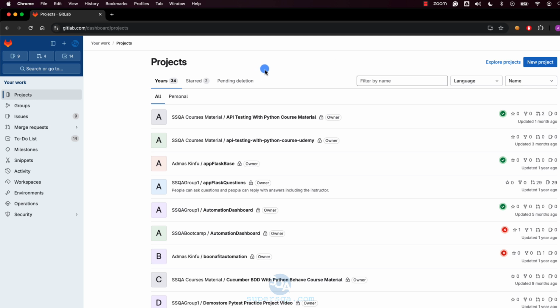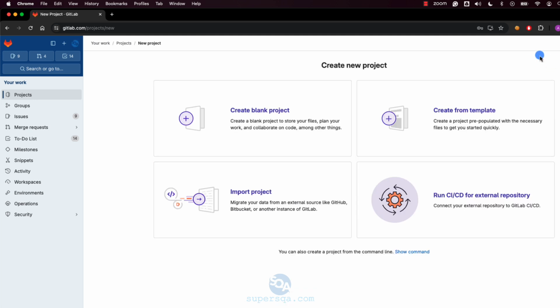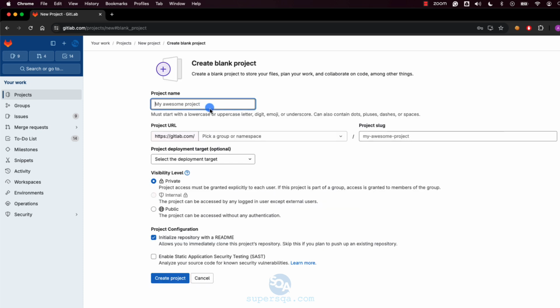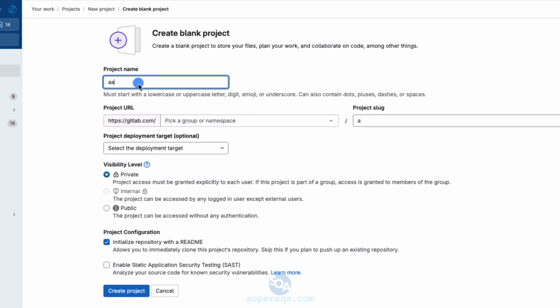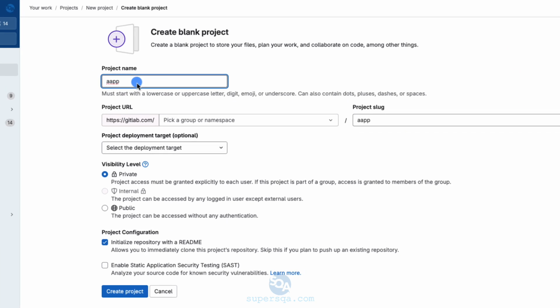All right. So once you go into your account, you're probably not going to see any of this. I mean, you're definitely not going to see any of the repositories. You're not going to have any repository. So you're going to click create project, and we're going to do a blank project. Create a blank project. I'm going to give it a name. I'm going to call it, let me see, because I prepared for this one, I'm going to call it app